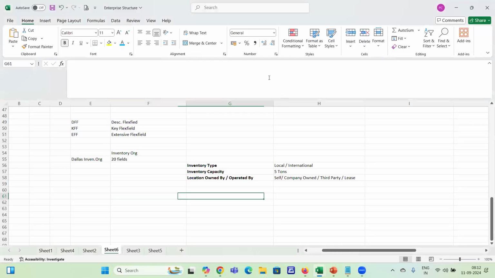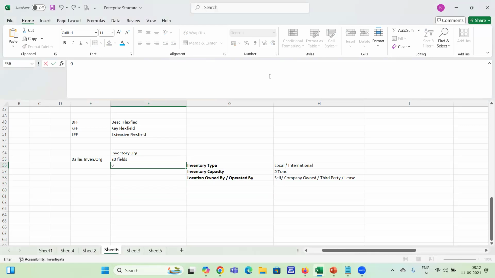Is this concept clear before we move to the next one? Yeah, it is clear. Okay. Now, descriptive flex field. Let's say, for example, you're going to capture this information. These are the three fields that you want to capture. Let's say, for example, this is called